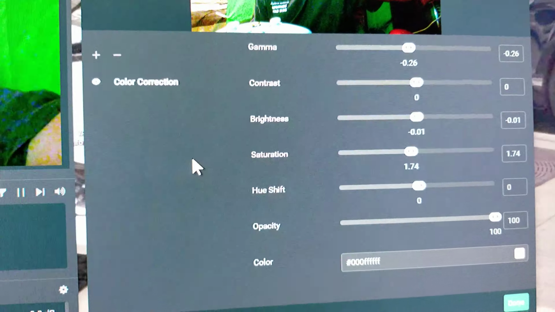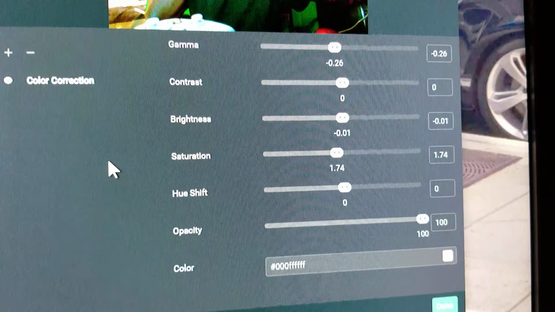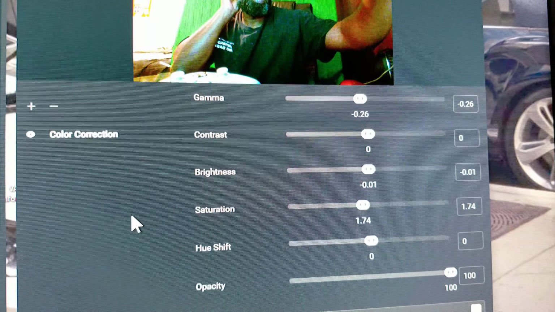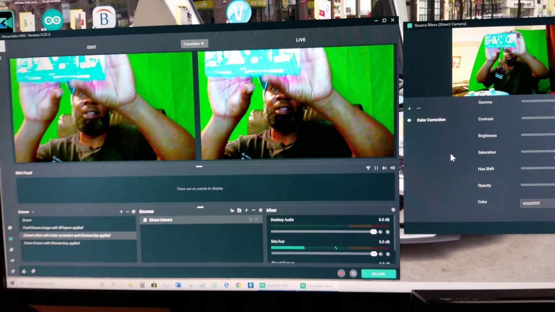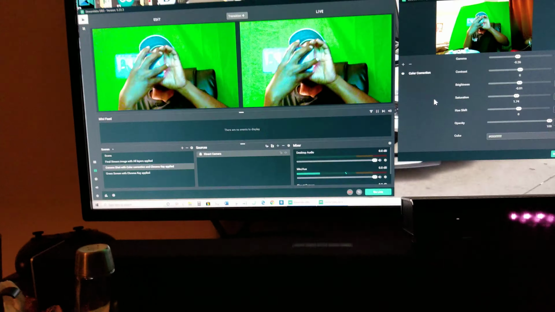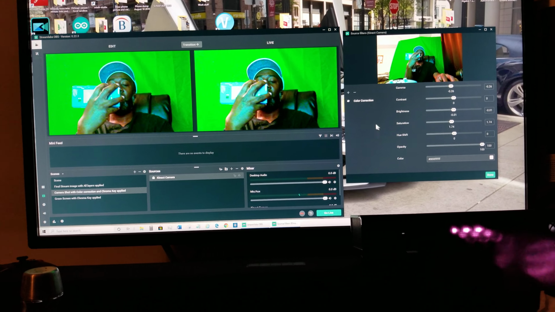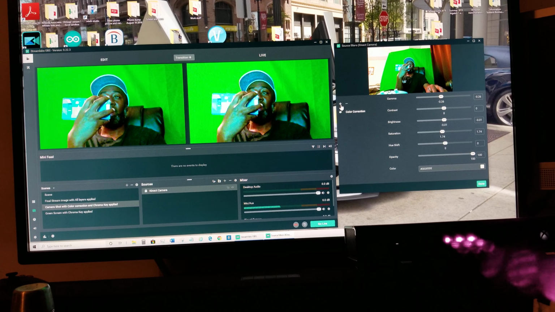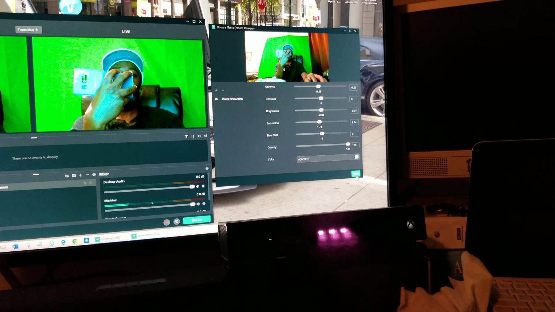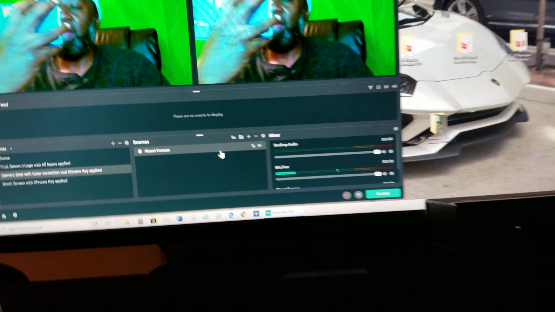Okay, so after you get your settings how you want, you can adjust your contrast to make it really contrasting, but I like this, right? You might be able to see why in a second. Let me try to hold this again. All right, so the next thing you want to do is, when you make sure you got your settings, hit done. Okay, that applies it. Right click again,